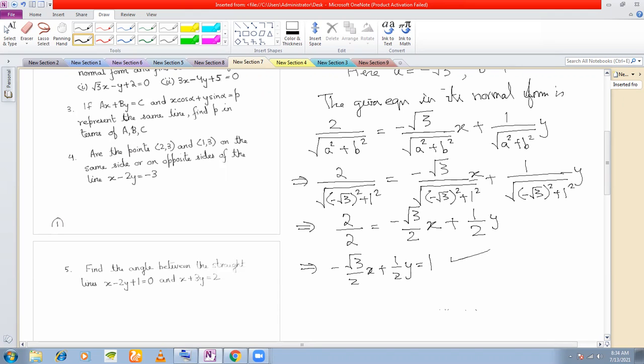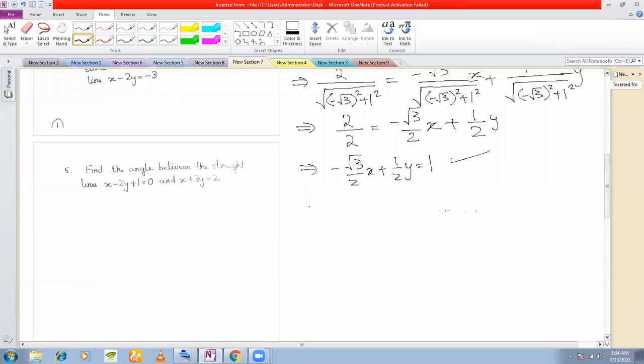Okay, this is the required normal form, because if you want to write in x cos theta plus y sin theta is equal to p, you can always do it. But I know most of the cases it will not be possible because you'll have to refer to the tables. But here it will be possible. So let's write it. So x, what is root 3 by 2? You can write this as cos. What is the value of this thing, minus cos, which will give you root 3 by 2? It is, I think, cos 30, right? So minus cos 30 plus this is sin 30, half into y is equal to half.